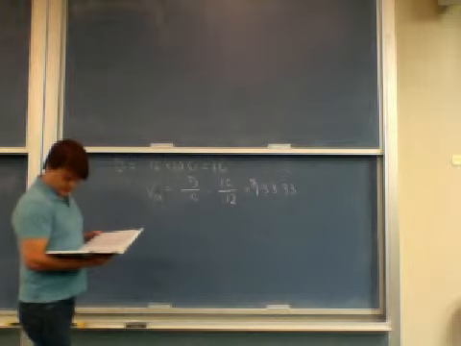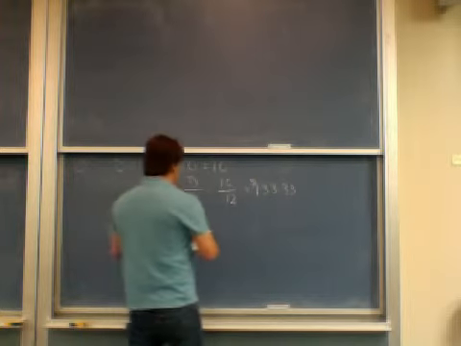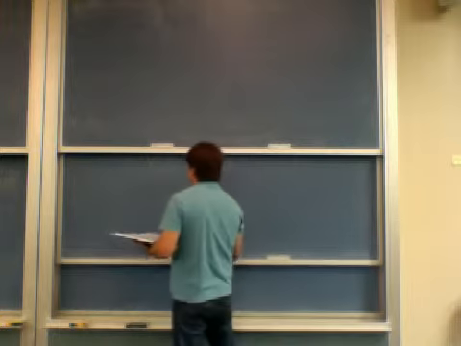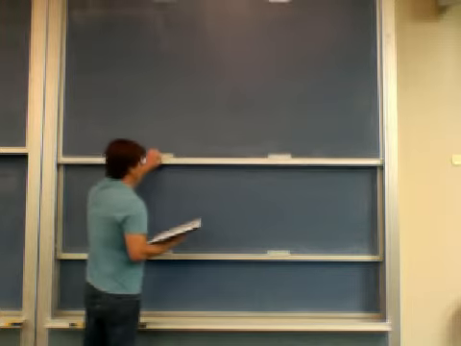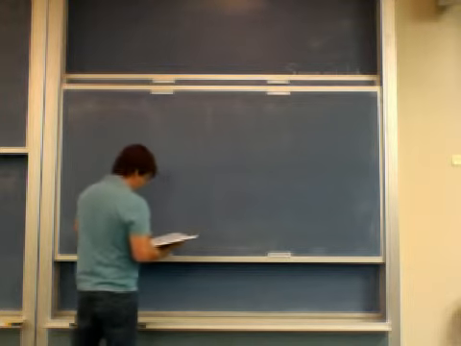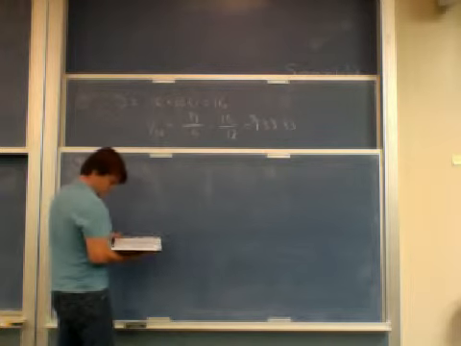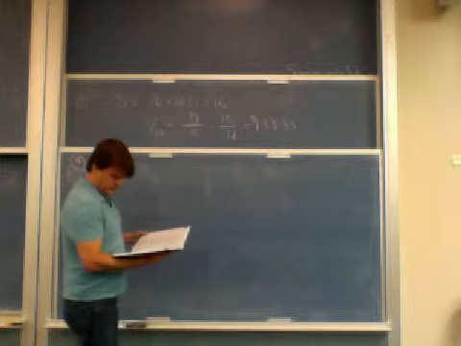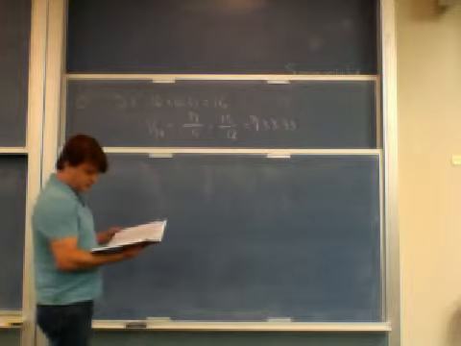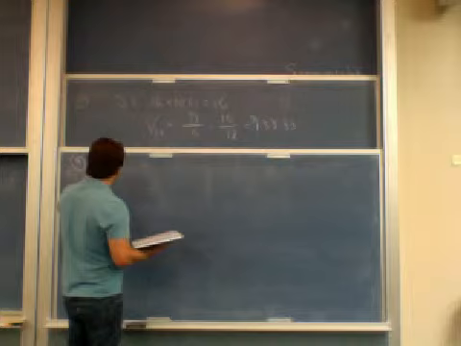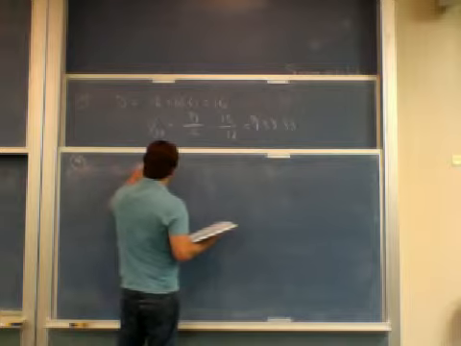And number 2 and number 3 are pretty similar. Let's go down to number 4, still with the preferred stock valuation, but slightly different. Number 4. Pioneer preferred stock is selling for $33 per share in the market and pays a $3.60 annual dividend. What's the expected rate of return on the stock? Well, again, that's just rearranging the equation. The price of the stock is the dividend divided by the rate of return, so the rate is the dividend divided by the price,